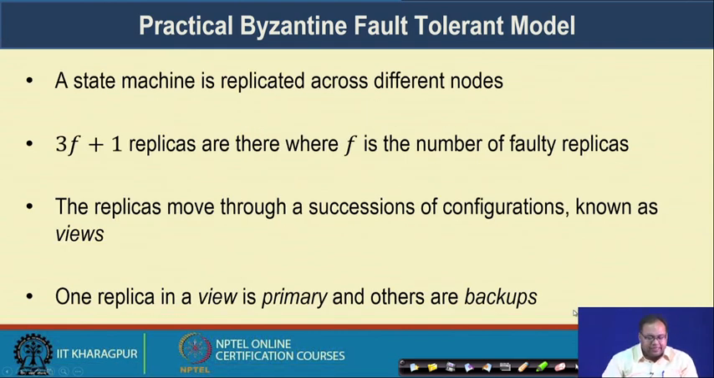So, that is the system model. We consider a state machine, a replicated state machine concept that we discussed earlier in the context of distributed consensus. So, we have a state machine which is replicated across different nodes, and we have 3a plus 1 replicas. So, this number is